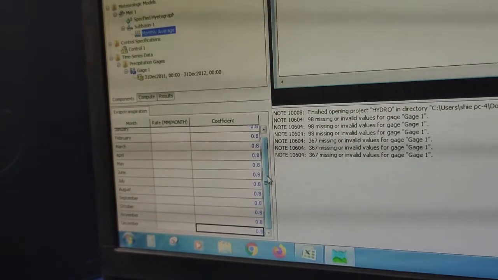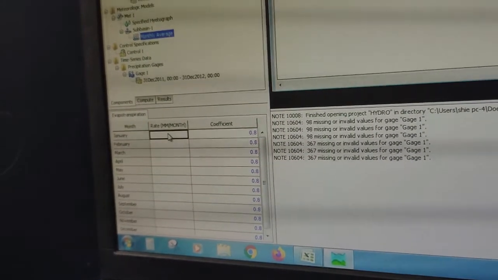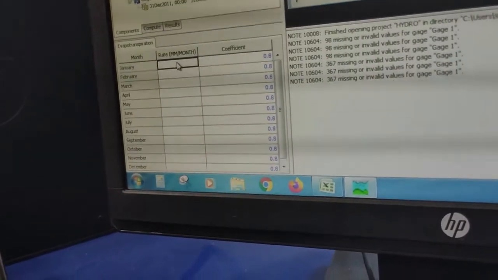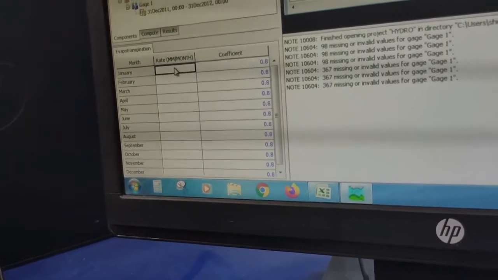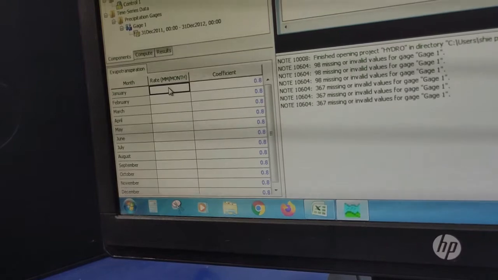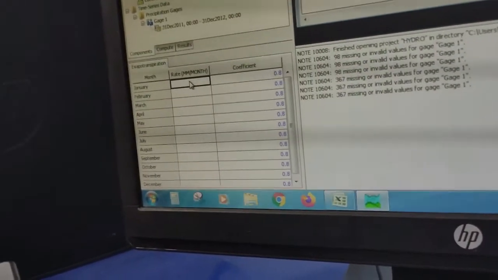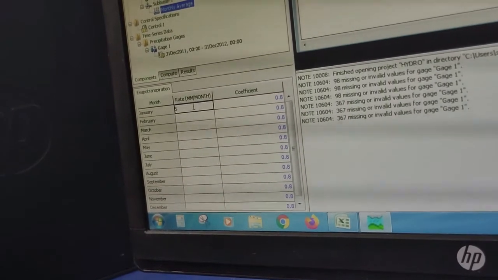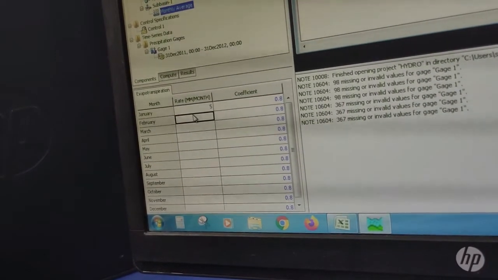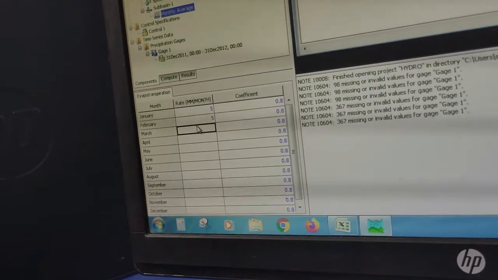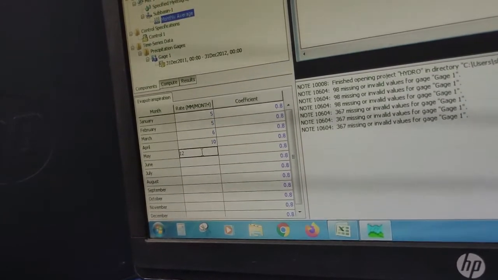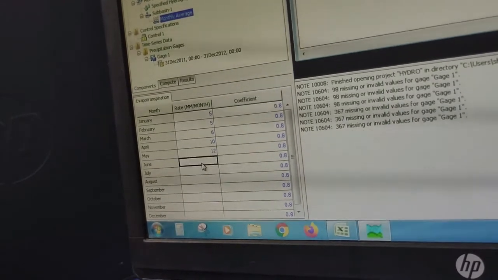Okay, so I have given the coefficients. Now the rate, all the data you have to find out while you will be doing your projects. But as we don't have the data for now, we are assuming the rate for January. Let's assume 5, then February 5, March 6, April 10. These are all the assumed values, not corrected values.